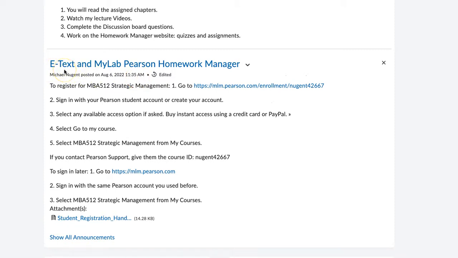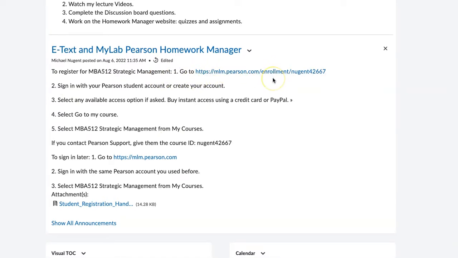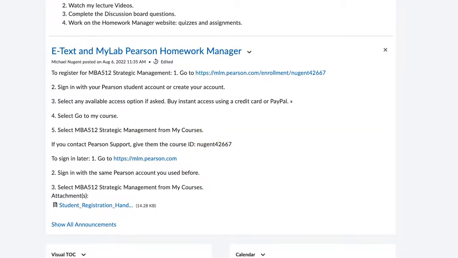The e-textbook and the Pearson Lab come together, and you can register by clicking this link, which will bring you over to the Pearson website where you register for the course. You sign in if you have a current Pearson student account, or you may have to create a new account. Then you will have to pay by using a credit card or PayPal. Then select Go to My Course and look for MBA512 Strategic Management, or if they're asking for a course ID number, enter this course ID number. Now, when you go to the Homework Manager,